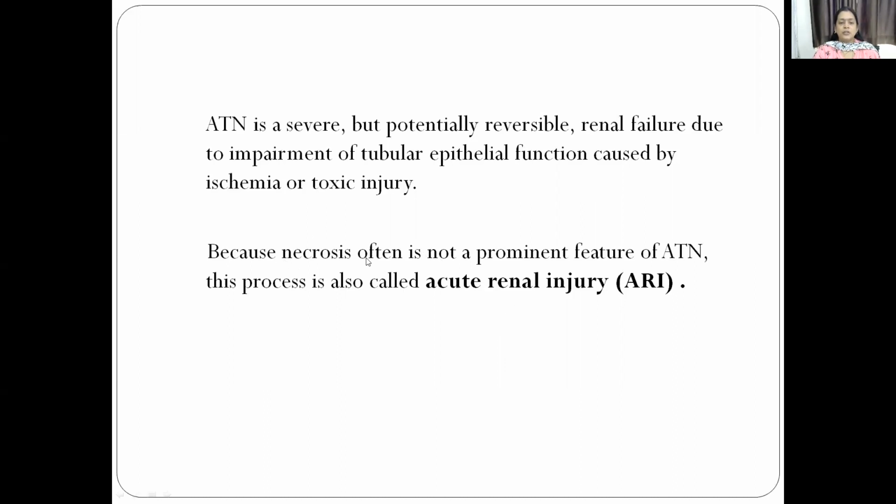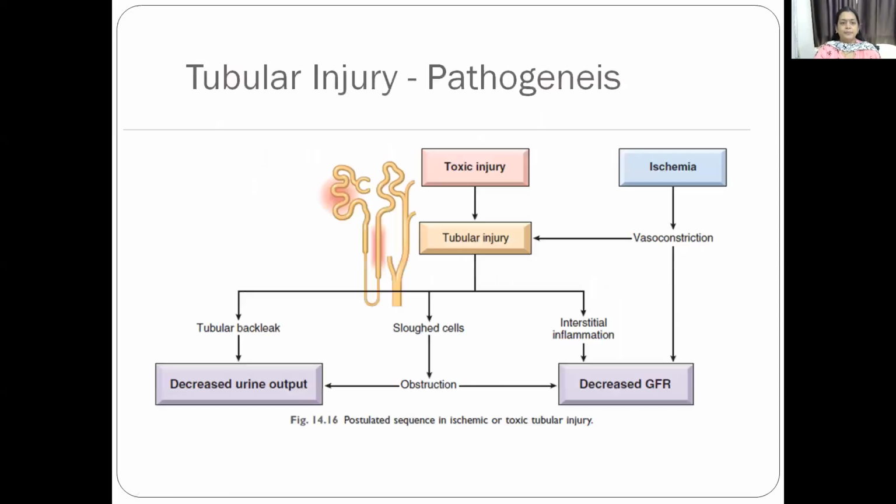Usually, necrosis is not often a prominent feature of acute tubular necrosis. It is appropriate to call ATN acute renal injury, or ARI. So ARI and ATN are synonyms. So what is happening in the pathogenesis? Either the toxic injury or the ischemia causes vasoconstriction of the